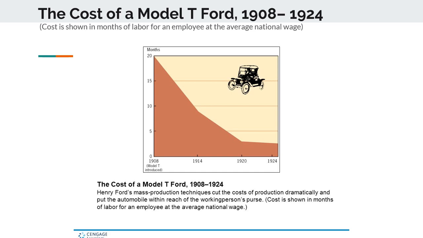Now you're in school for 10 months a year, so imagine going to your school as your work, going there for 2 years just to buy a car, saving almost every penny you have. By 1920, he got it down to about 3.5 months, 3 months of actual working, which, although it's still pretty high,